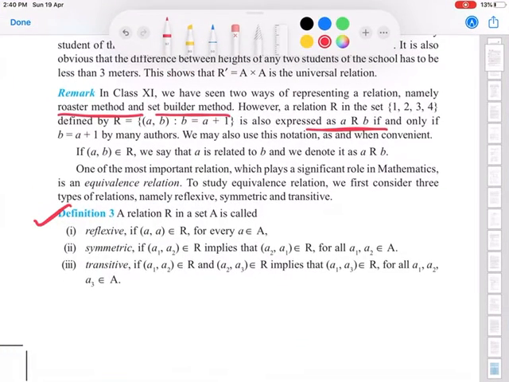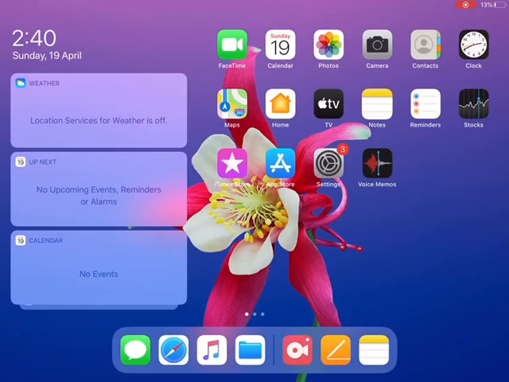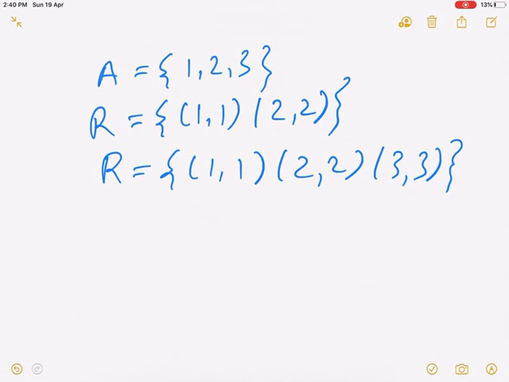Let us see over here. We can see here that it says that it is reflexive if (a, a) belongs to R for every a belonging to A. So for every a belonging to A, (a, a) should belong to the relation. If the set A is {1, 2, 3, 4}, then (1, 1), (2, 2), (3, 3) and (4, 4) must belong to the relation for the relation to be reflexive. Now it does not mean that any other ordered pair cannot belong to this. For example, if we have (1, 1), (2, 2), (3, 3), and we also have in this (1, 3) and (2, 3), so this is also a reflexive relation.